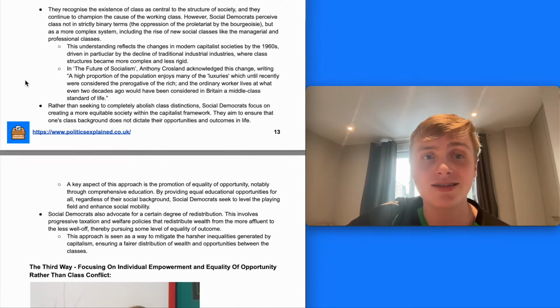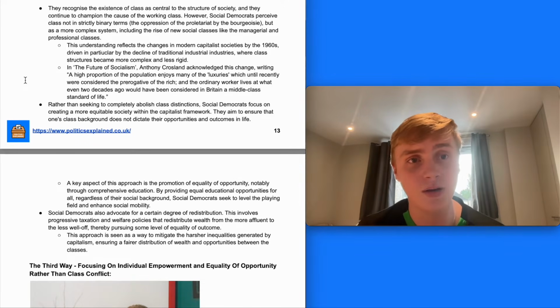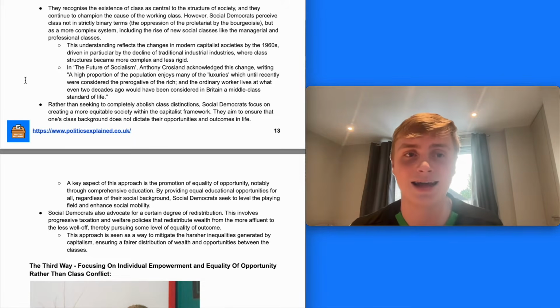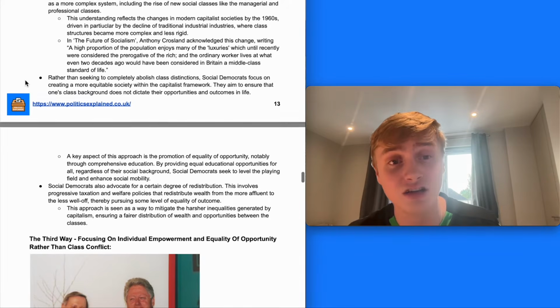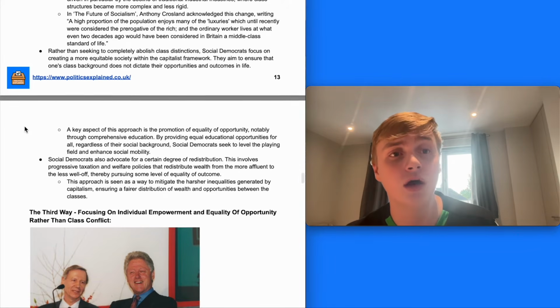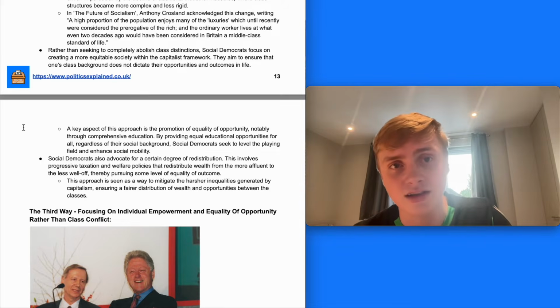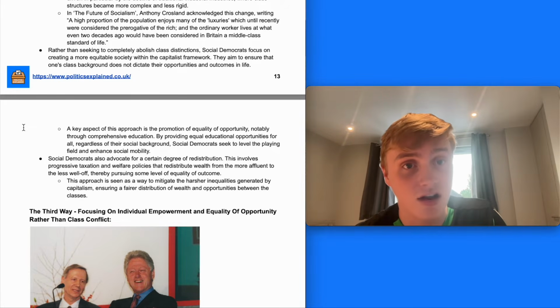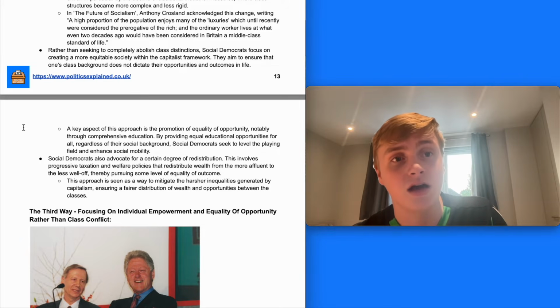And this reflects changes in modern capitalist societies by the 1960s, driven by the decline of traditional industries and class structures becoming more complex and less rigid. Anthony Crosland, a key thinker for social democracy, explained this when he said that a high proportion of the population now enjoy many of the luxuries which were until then considered the prerogative of the rich, and the ordinary worker lives at what even 2 decades ago would have been considered a middle class standard